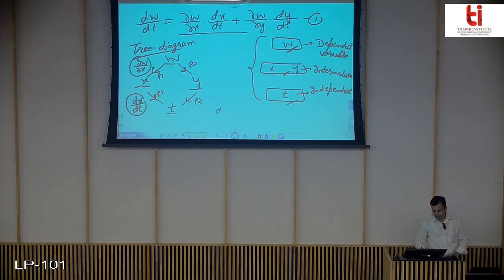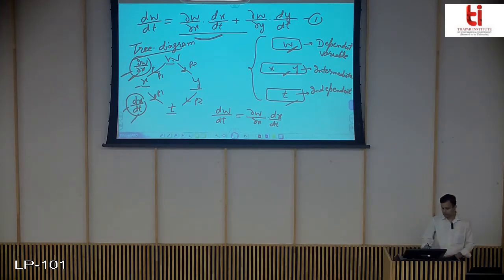So when we write the derivative of dw by dt, you find the derivatives like this from path 1, and you multiply both: del w by del x times dx by dt. This is your first term. As you can see, your first term comes from path 1. You multiply both the branches of path 1.